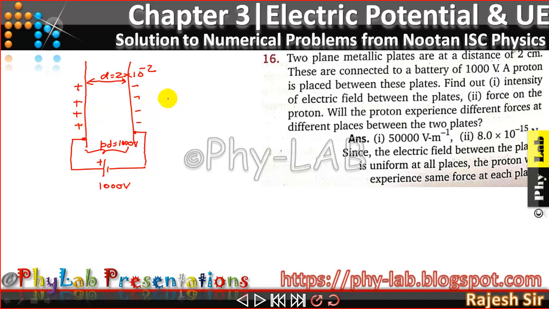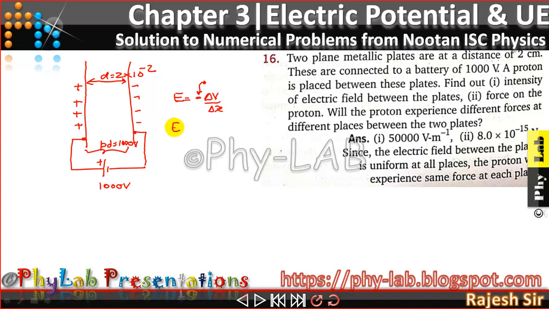Now friends, if you look in our earlier discussion, I told you that electric field is negative gradient of potential. Electric field is minus delta V by delta X. Once again, I would like you to recall that the negative sign in this expression only stands to tell you that electric potential always decreases in the direction of electric field. So the negative sign is there just to tell you that electric potential decreases in the direction of electric field, else there is no role of the negative sign in the above expression.